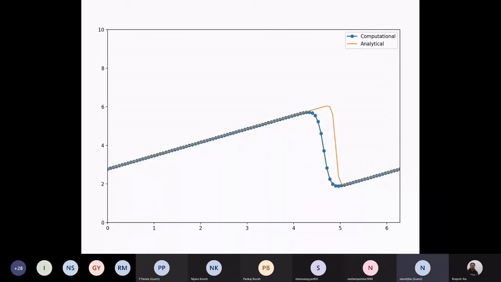I am coming back. In the very beginning, I told you I am going to consider the backward difference operator in space, and forward in time. The same thing can be done for forward in space and forward in time, but deliberately I have chosen backward. Can anybody say why it is so?